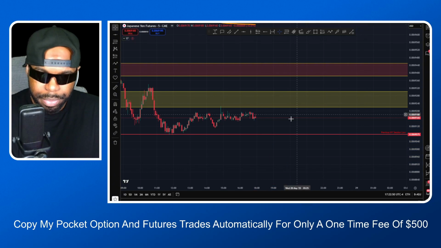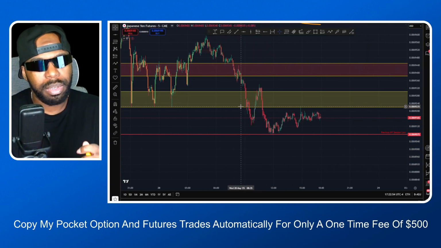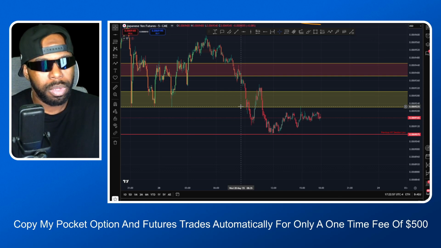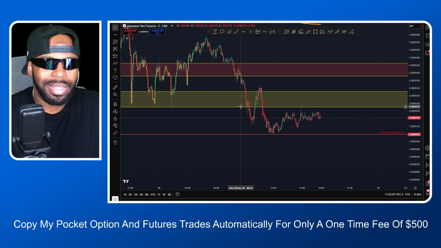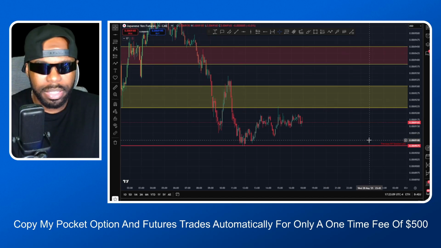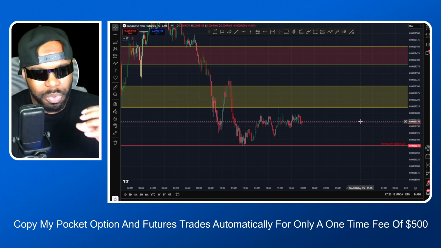Okay, so I hope you guys are getting some value. This is simple market structure, but also you're drawing your US session highs and lows, and you're waiting for price to pull back up into the zone, and you're basically going with the higher time frames like the 4 hour and the daily. Okay, but this is not the full strategy now. If you really want the sauce,